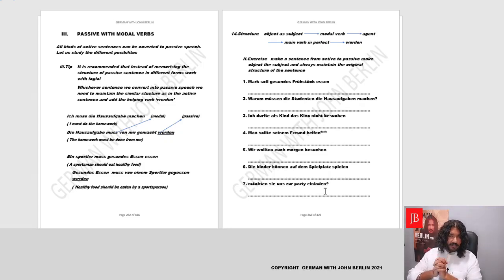So with that done, we'll be moving forward and changing the sentences, and we'll be dealing with modal verb sentences. Yes. For example, I must do the homework. The homework must be done by me. Yes, I must do the homework. The homework must be done by me. So in this,